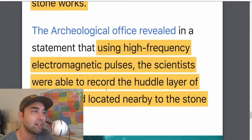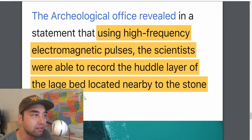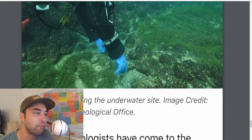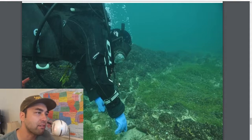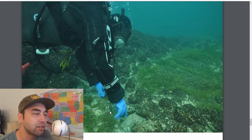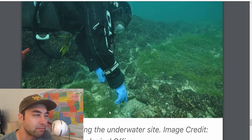And then again, they used high-frequency electromagnetic pulses to record the sediment layer. So basically the lake bed has a sediments layer on the bottom. They were mapping that out, and locating even more stone structures, and really getting at how parallel it was with the shore. That became very apparent too. And here's a diver again inspecting the floor of the site, and you can see some moss and some overgrowth,